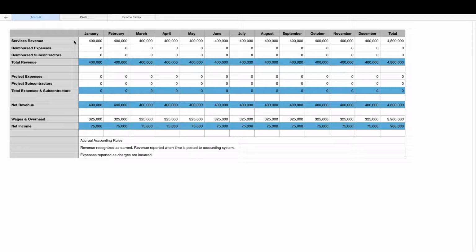So in this simple example, we have $400,000 worth of revenue every month. Utilization is consistent, so we just have a steady revenue stream. We're going to ignore expenses and subcontractors. And for wages and overhead, those amounts are also flat for each month. Under accrual, for most firms, overhead is payroll and rent. And there's not much monthly variance once you use accruals and prepays to even out professional liability insurance and those